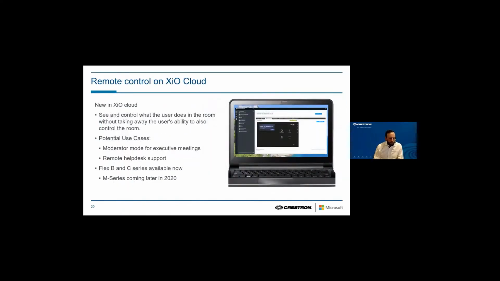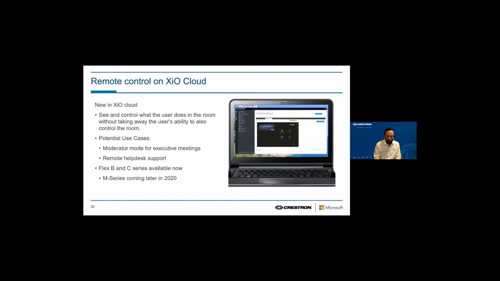What we've also recently introduced into XiO Cloud is remote control. So the touchscreen devices that are built into Flex MCRs, either the desktop series, the Mercury all-in-one unit or the desktop controllers, we can view what is on those screens. And it doesn't matter what is on those screens, that could be anything from a room booking panel to an MCR. We can view what is on those panels for various reasons. The most important one, of course, is to understand what's going on in that space, and for assistance, you can operate those rooms as an administrator if you wanted to as well.